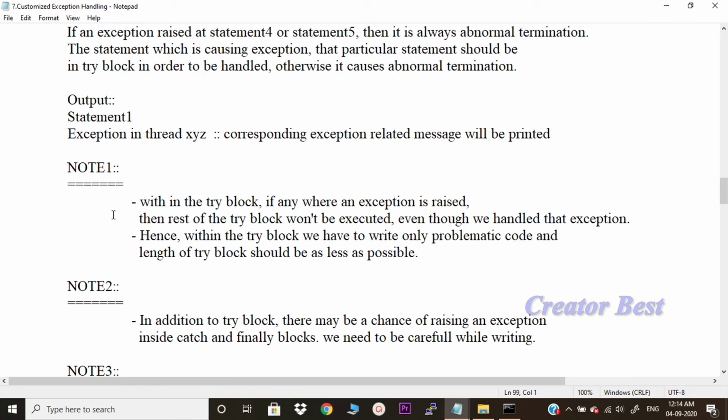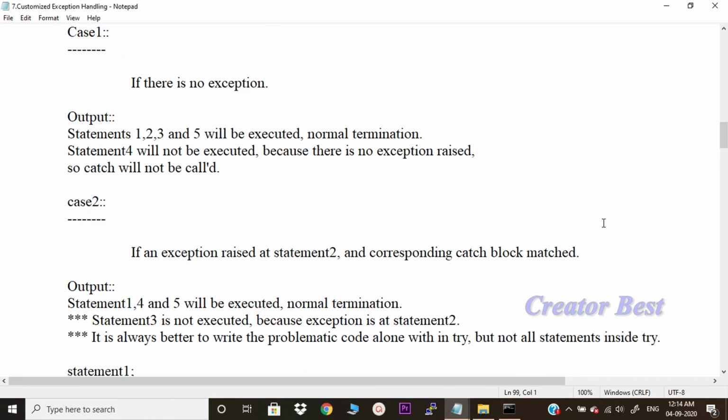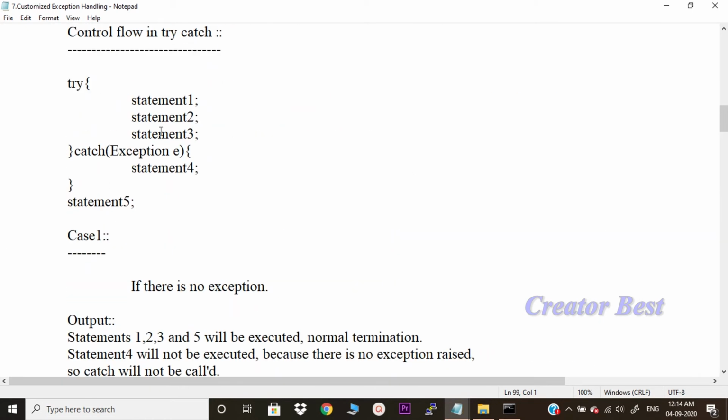Note 1. Within the try block, if an exception is raised anywhere, the rest of the try block won't be executed, even though we handle that exception. Supposing statement 2 is causing an exception and we are handling that exception in this particular catch.